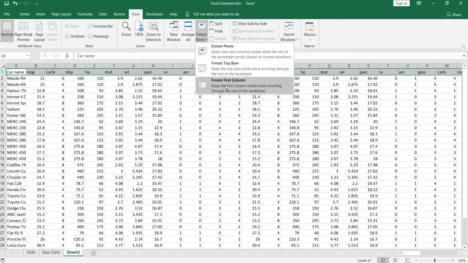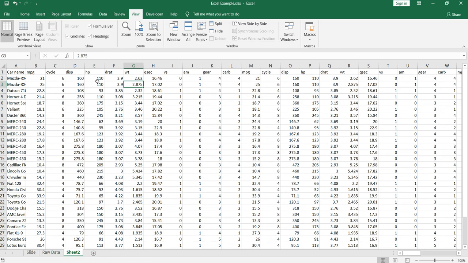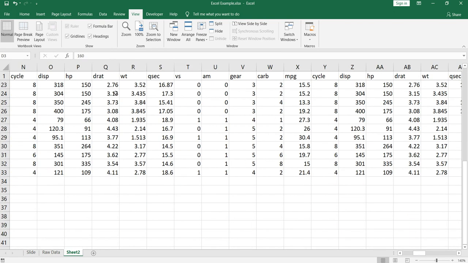Now if you want to freeze the top row, then without even selecting it, you can directly go to freeze panes and select this second option to freeze top row. So by default it will freeze the header of your data set. So I clicked on it. Now you will see that there is a line appearing here. You can see that this line is quite distinguished as compared to other lines, right? So if I scroll down, then you will see that your header names are appearing.